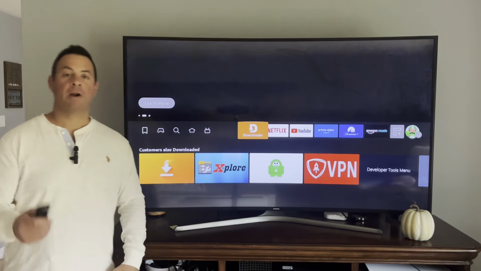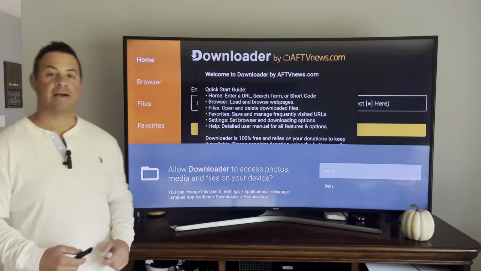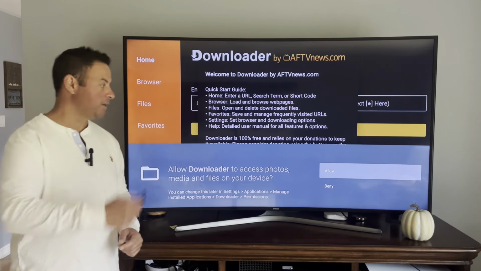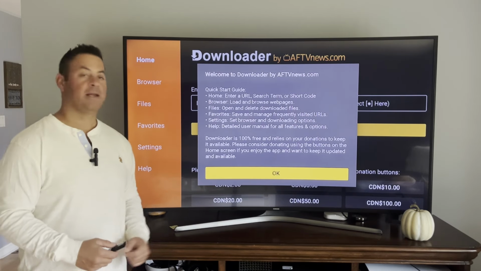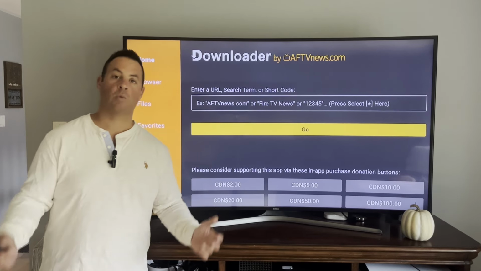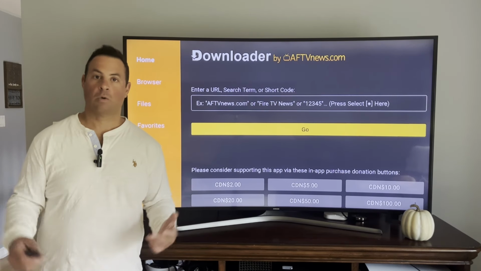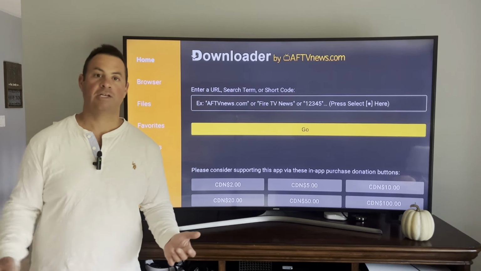So we can now open up downloader. We'll click allow to have downloader access photos, media, and files on our device. And then click OK for the quick start guide. Now downloader works just like a web browser. So we can enter any URL or website that we choose, like